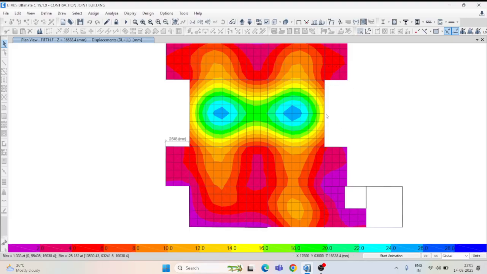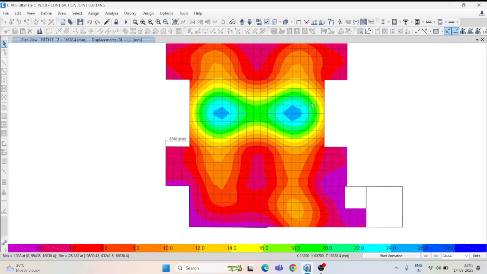So see, this is the axial shortening. You are saying that UZ value, UZ is the axial shortening value. Okay, so the maximum deflection is 25.18 minus this 13.37. So 25 minus 13 is approximately 12 mm. So 12 multiplied by 3 means 36 mm deflection, the maximum deflection on this beam.